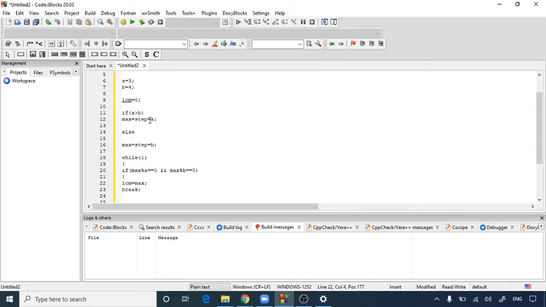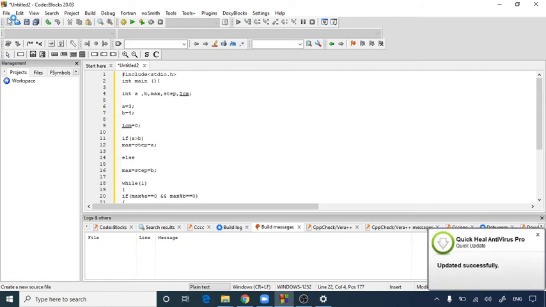We have initialized the numbers, we have stored the maximum of a and b to max. Check if max is divisible by a and b. If it is divisible, then display max as the LCM, and if it is not divisible, then increase max by step and go to step 3, and again step 3 is to check if max is divisible by a and b. This way we are going to use this technique to find out the LCM, that is the least common multiple of any two values.